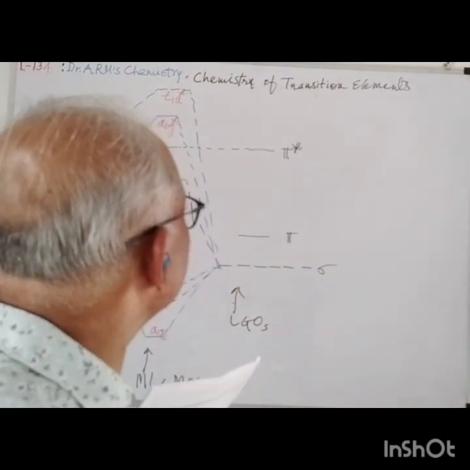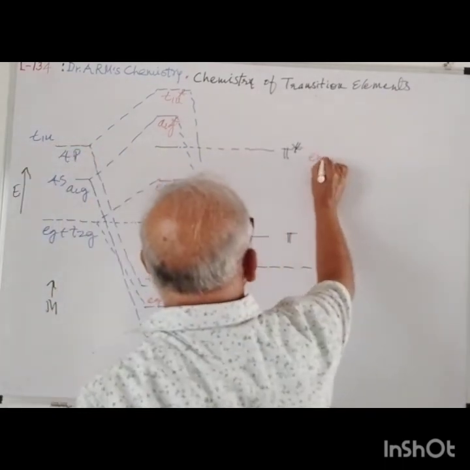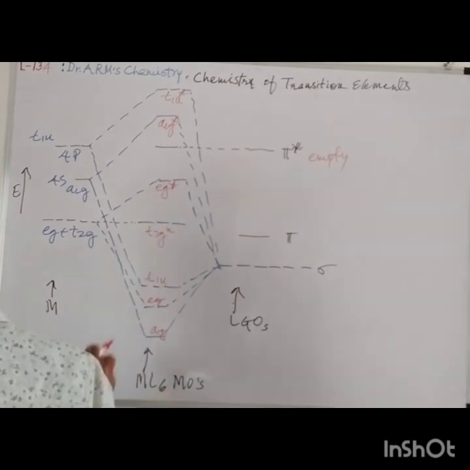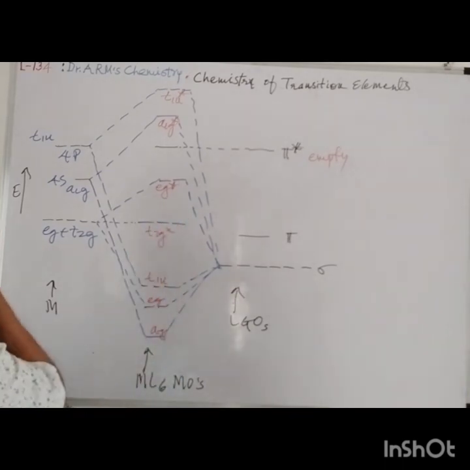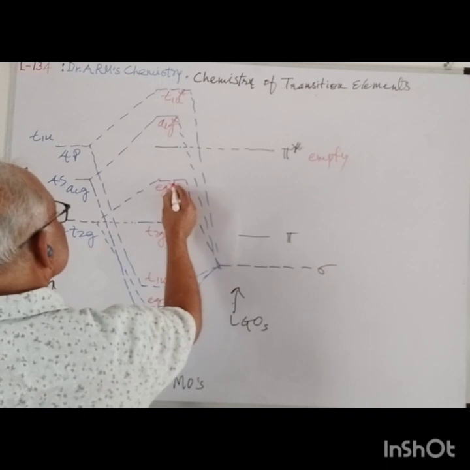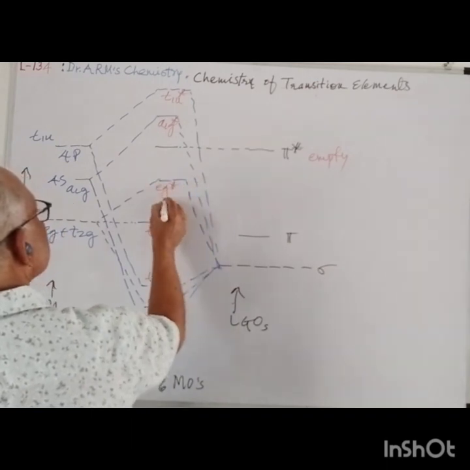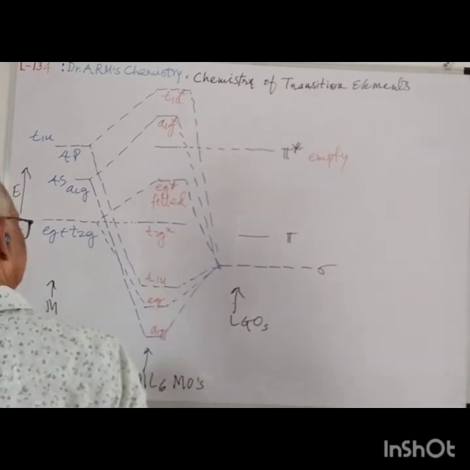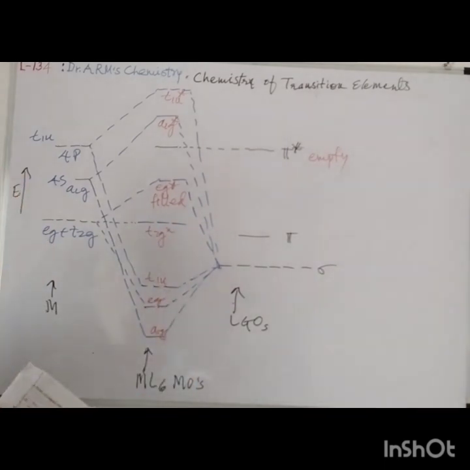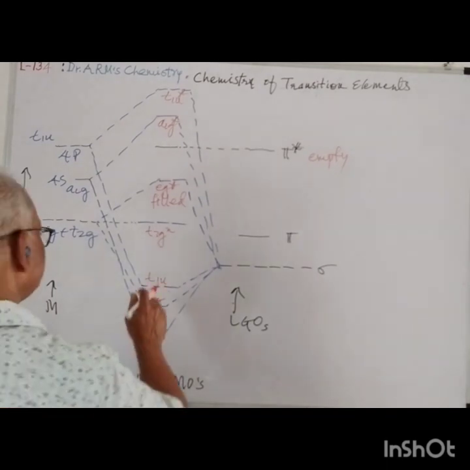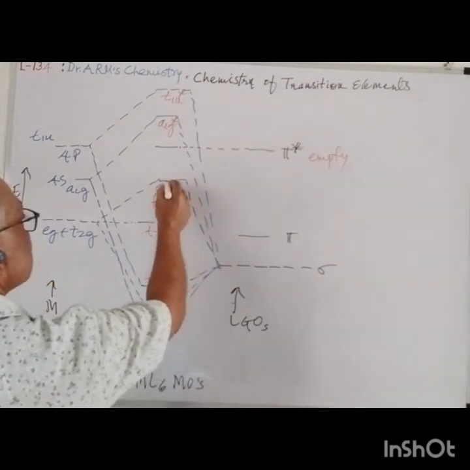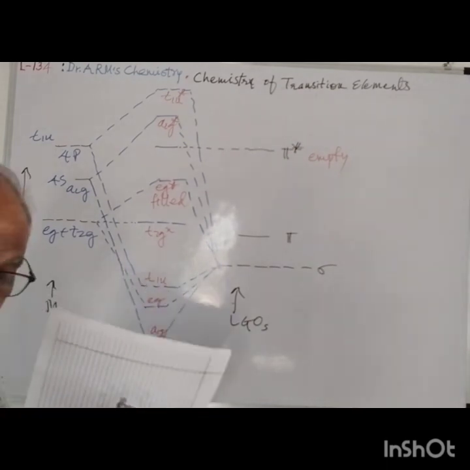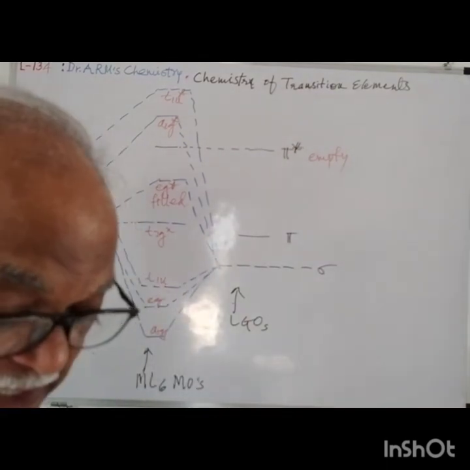So the ligand will provide, this is empty and these are filled. We will show here, this is filled. These are also filled. We are not giving any specific example. So up to this level all the orbitals are filled, and because of this the transitions are taking place